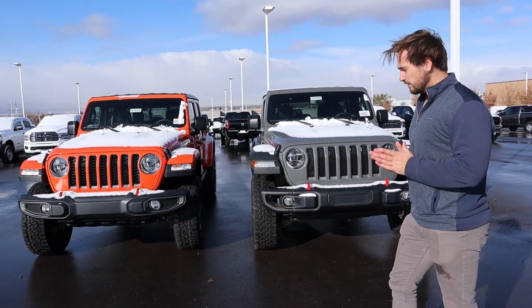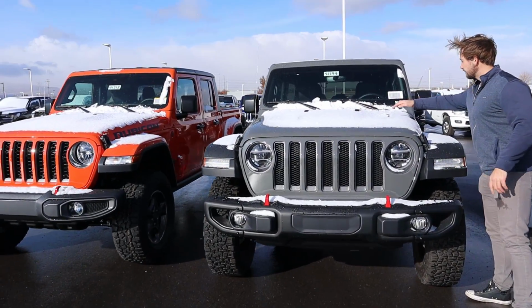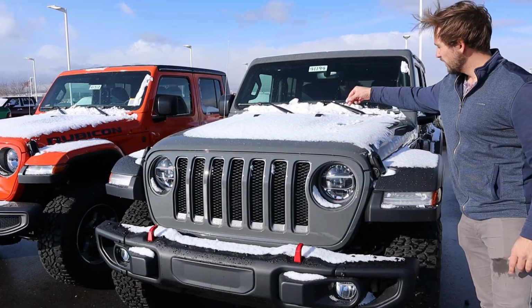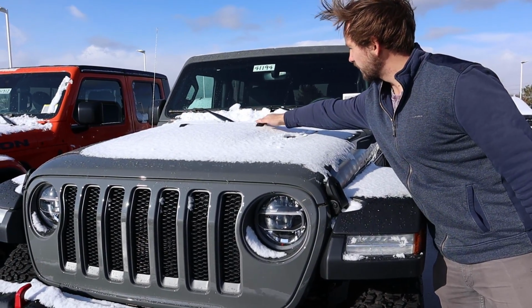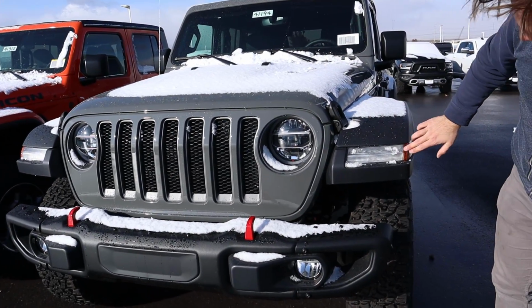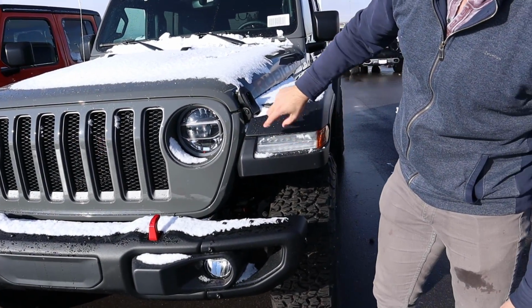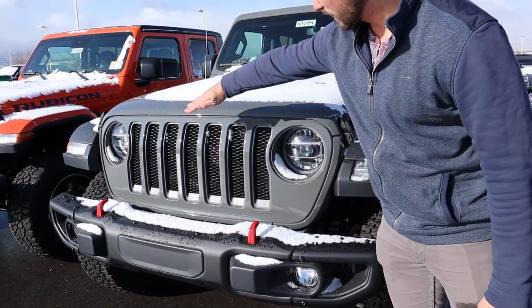Now we're gonna go over the things on the front end. So first off with the Wrangler, you guys can't see it because of all the snow, but this has a little sport hood, so they've got these little louvers on the top of the hood, mostly for stylistic purpose. You can drop the windshield down onto these little plastic bumpers. This one has the LED light group, so you can see that we've got LED lights here on the side for the turn signals, then we've got LED lights here, accent lights and LED projector lights,